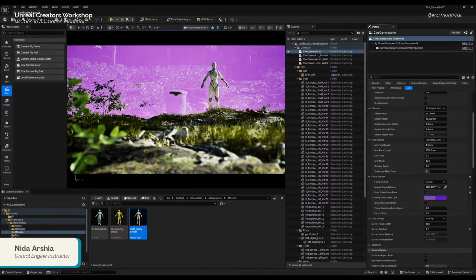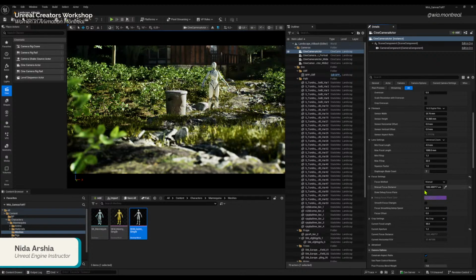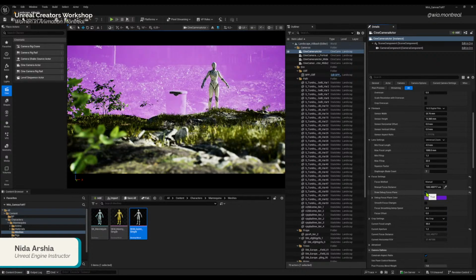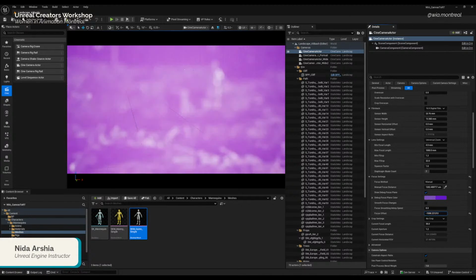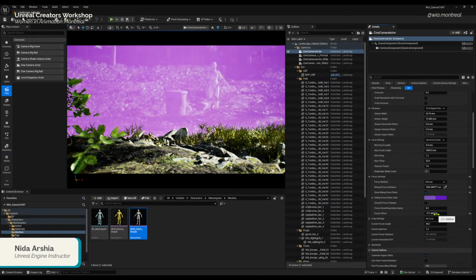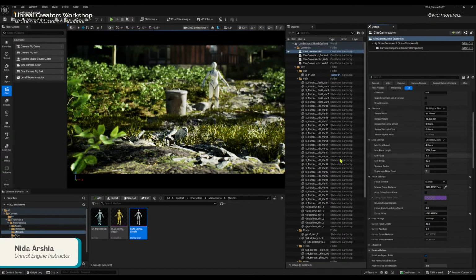Okay, so everything that is purple is completely out of focus. Now, if we want to change this, we can choose to add an offset, and now you can see everything in that region is completely blurred.